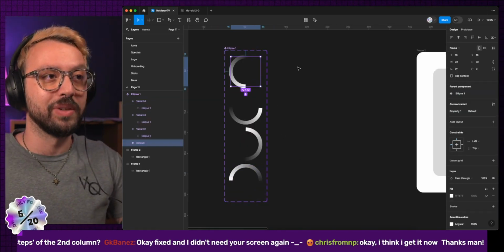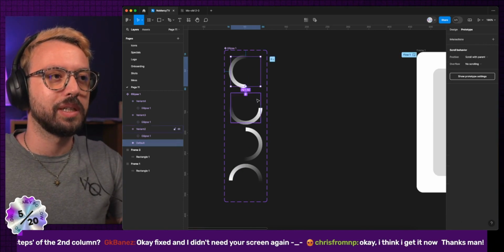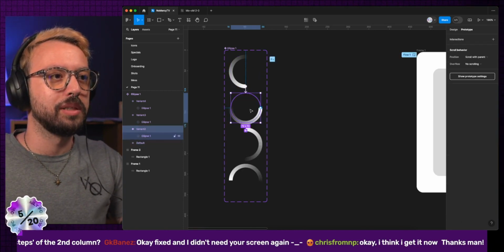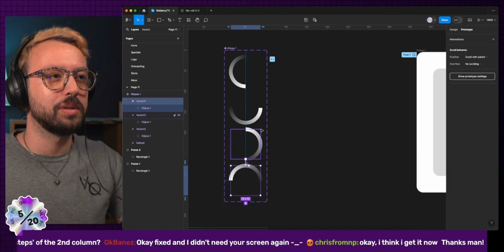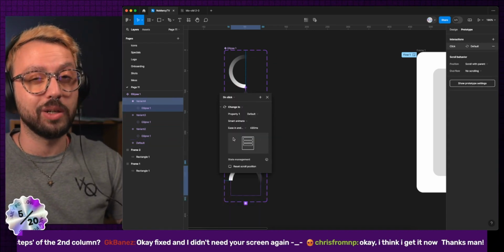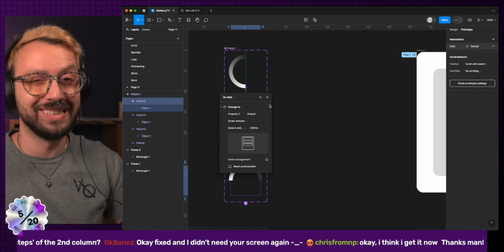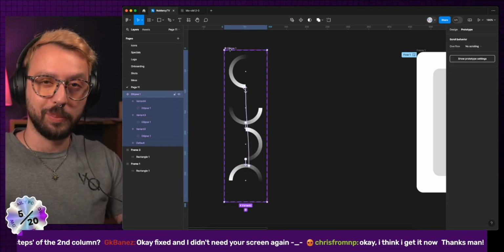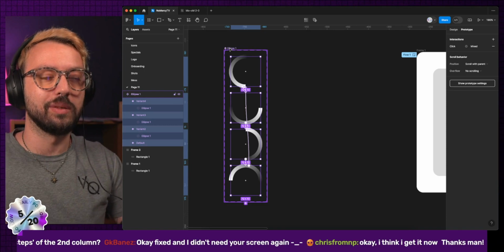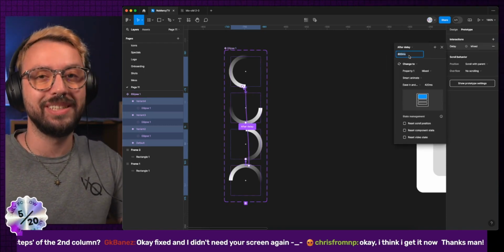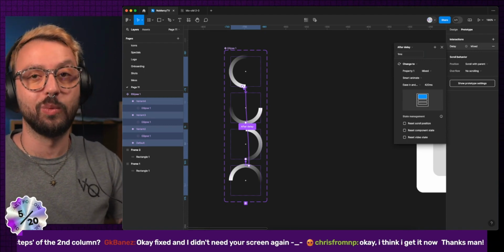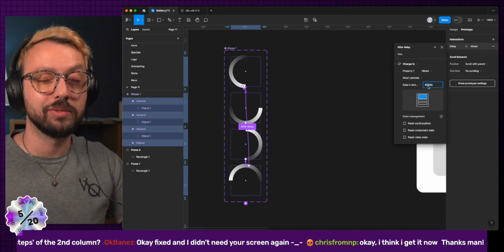So far, so good. So now in my prototype, I'm going to say from here, you go there, from here, you go here, from here, you go there, and from the last one, you go back to the first one. Right now, they are all set to click, which is not a good idea. So I'm going to just click on my parent frame, press Enter, and select everything. So from here, instead of click, I'm going to say after a delay of 0, which is going to revert to 1 millisecond, I want a transition of